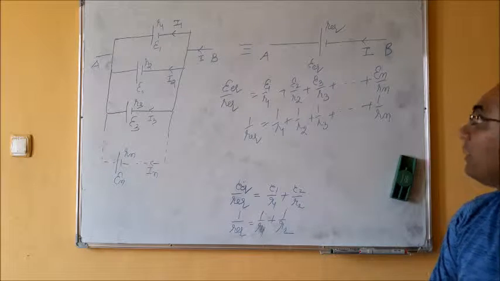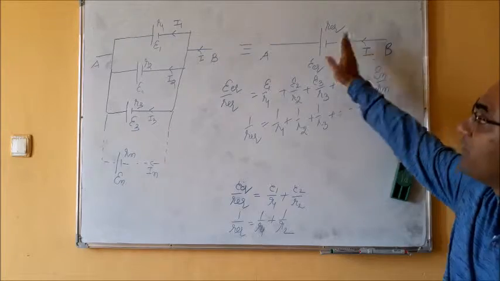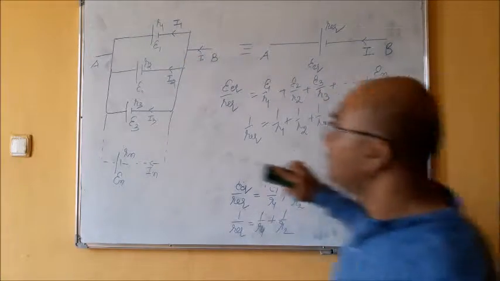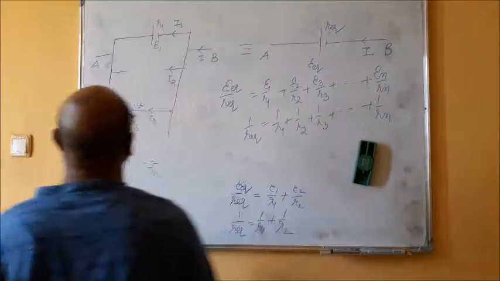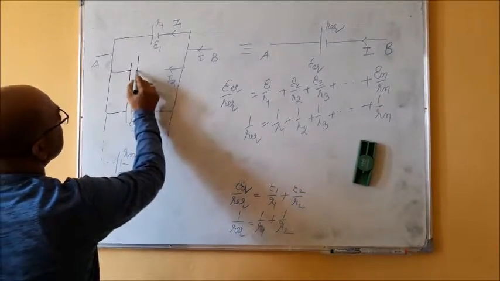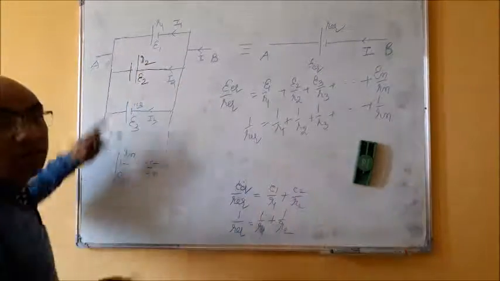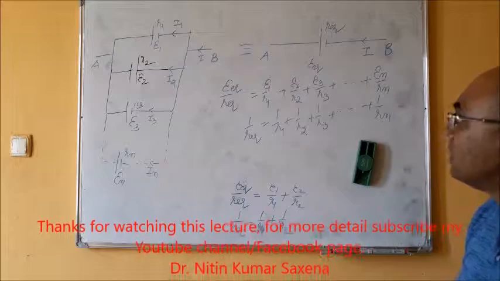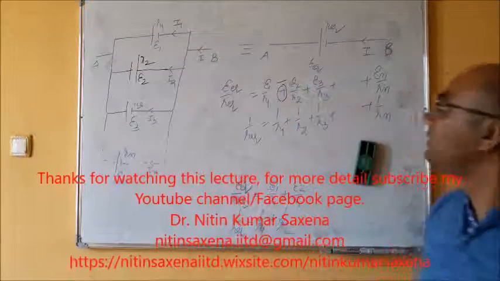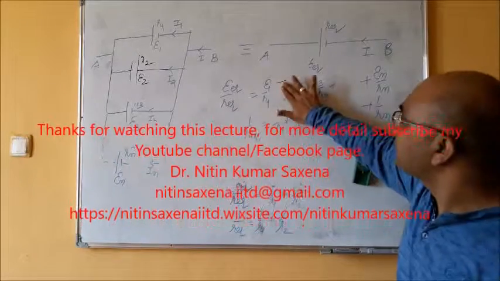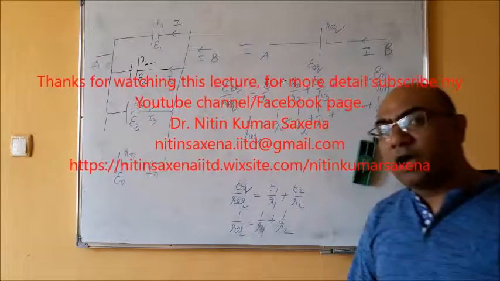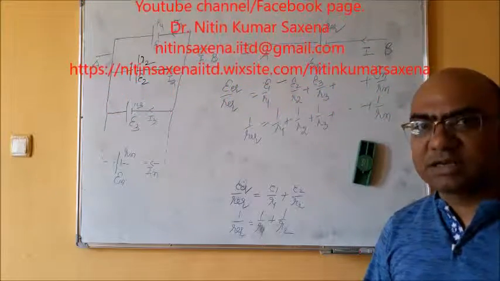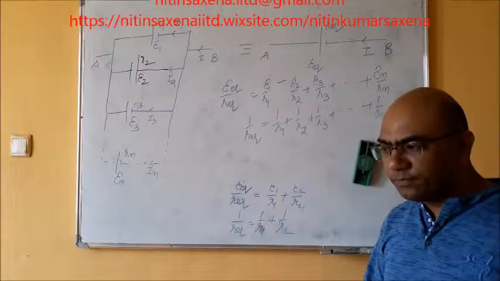Okay, and the same concept here, you see the polarity is positive on the left side, negative on the right side. So all are connected in this way. Suppose I am changing for this, how am I changing? I am changing like this. Suppose E2 R2. Since the polarity of E2 is different from the polarity of your final equivalent, only this negative positive will be changed. Okay, so except that, the things will remain the same. So I hope the concept of the combination of cells, whether they are in series or in parallel, is clear to you. Now after this, let us move to the next concept,